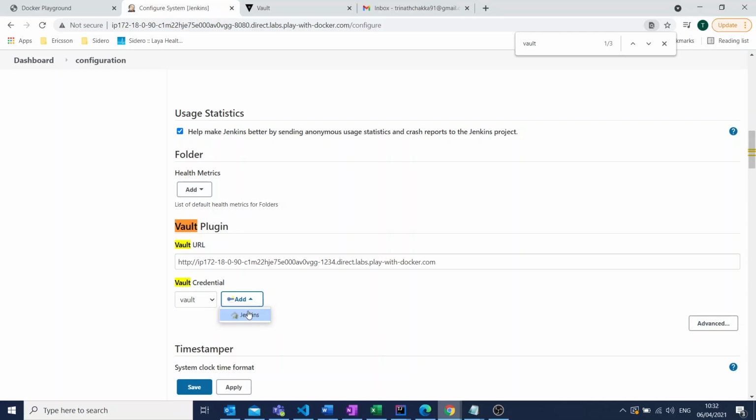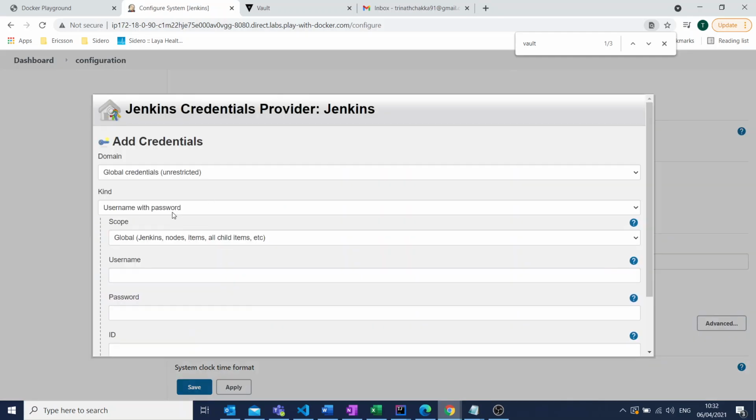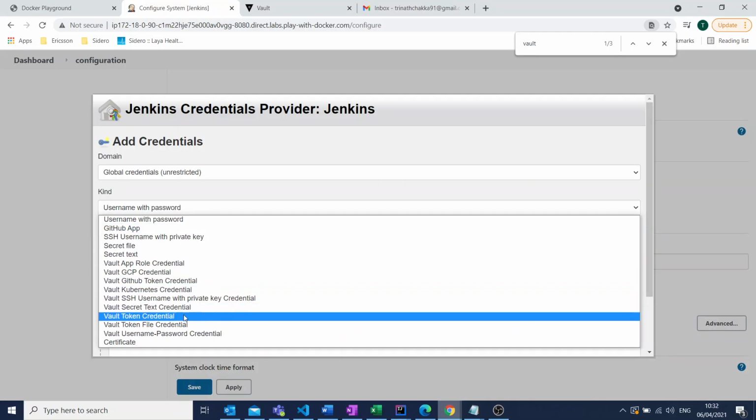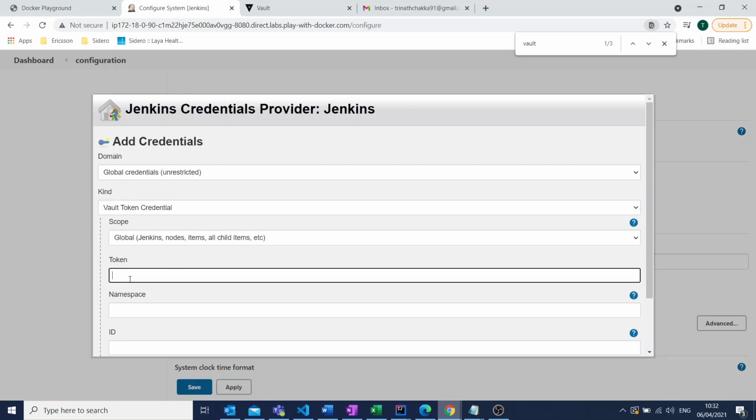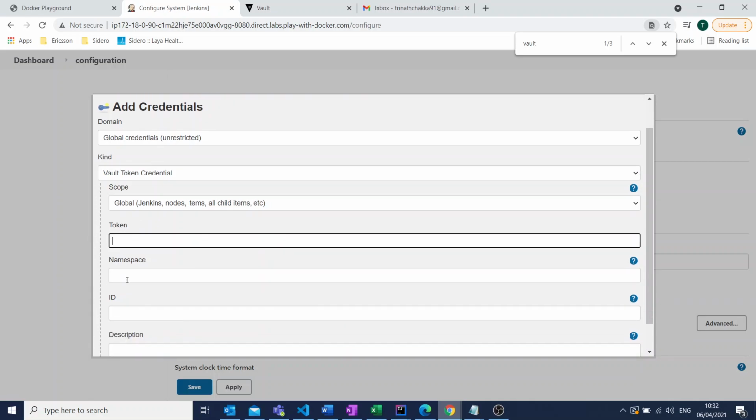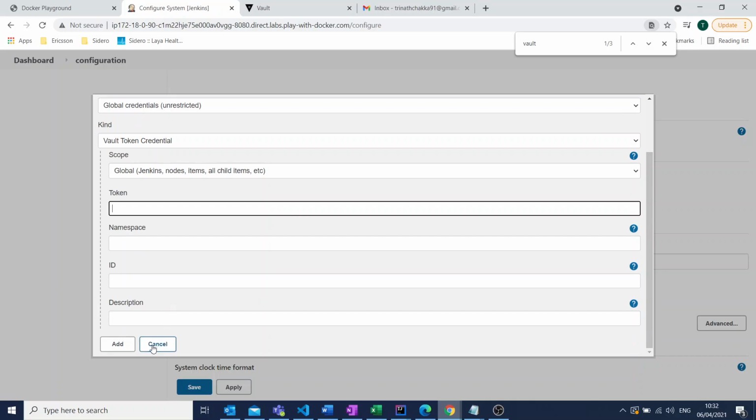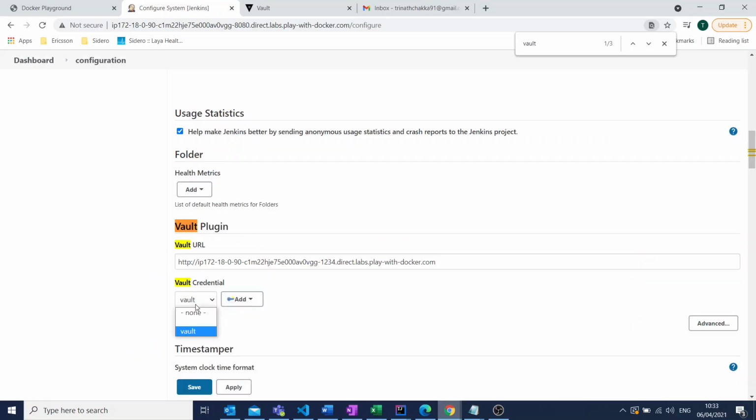You click on Add here and pass the credentials. I'm passing token credentials. I have my root token credentials, and also the namespace and the ID. You just pass it here. That's it. Once you have done that, select the Vault you just configured, and click on Save.